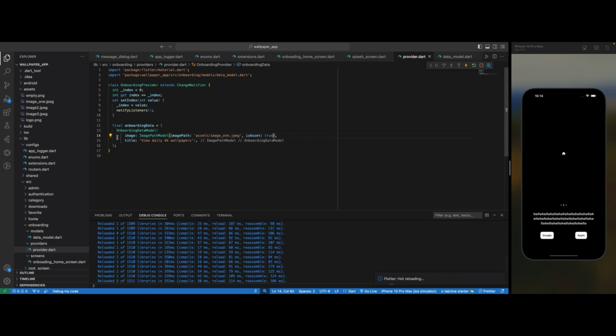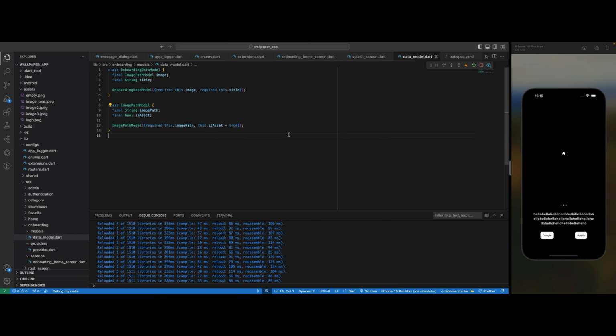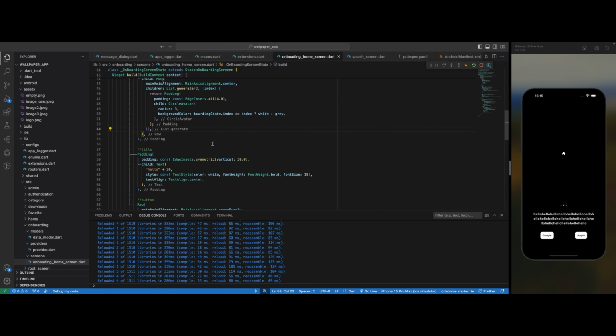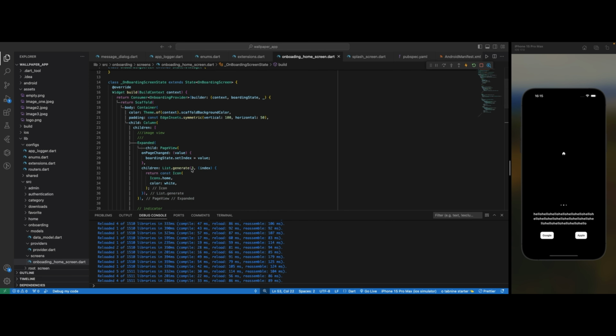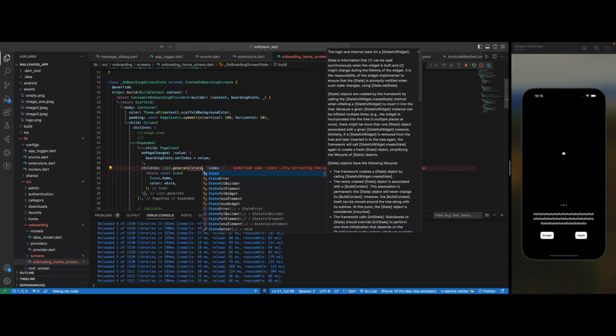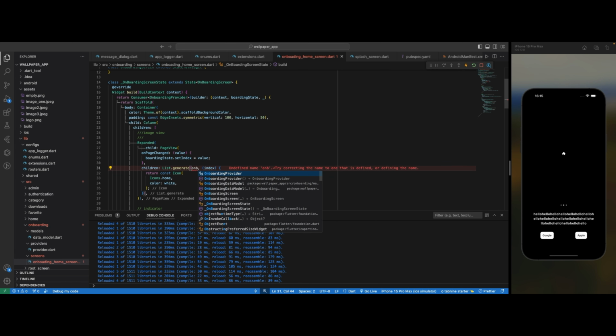Cool. So now we have this guy in place. I can now duplicate. All right, so we have everything that is needed, or to change wallpaper every minute. Cool. So now I can close this provider, okay? Close our model as well, then go back to our UI where I'll be doing all other magic. So right here, I'm going to set the list of this guy. So it's no longer going to be 3 again. It's going to be state, I think, onboarding model,